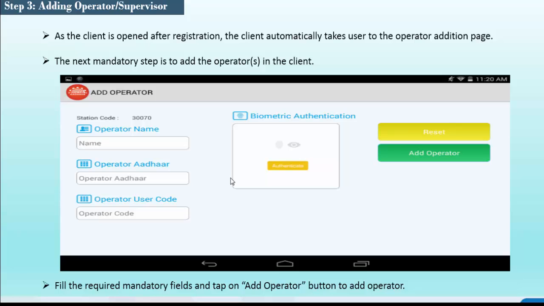then it will forward to the adding operator supervisor screen. So after registration is completed, we need certified operators. Certified operators means NSCIT certified operators. They can be an operator or supervisor or only CELC operators. These 3 categories of operators can access